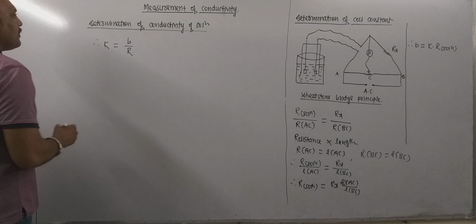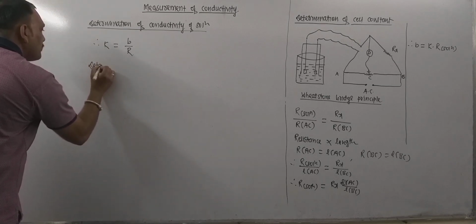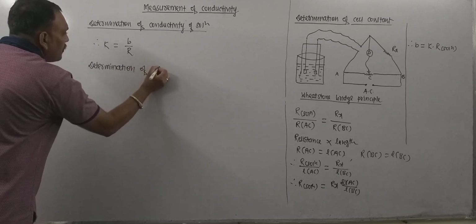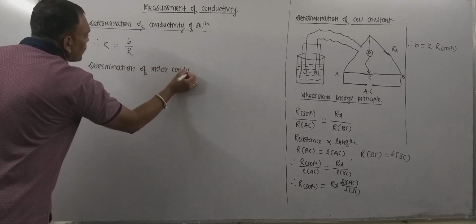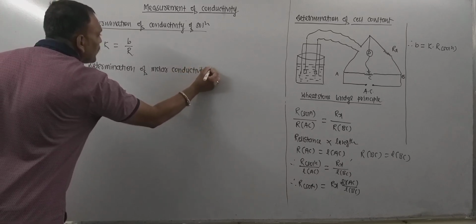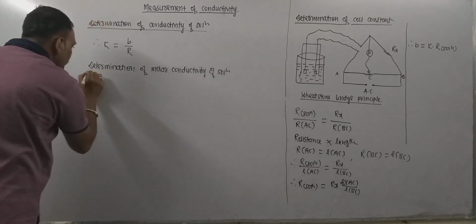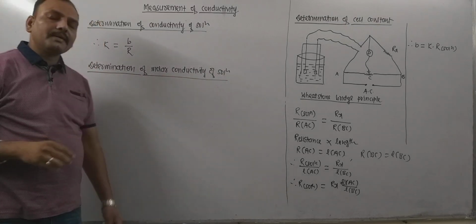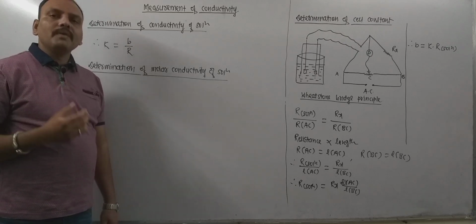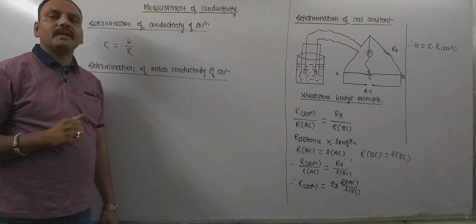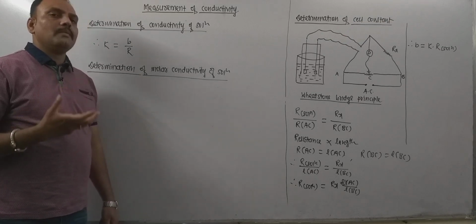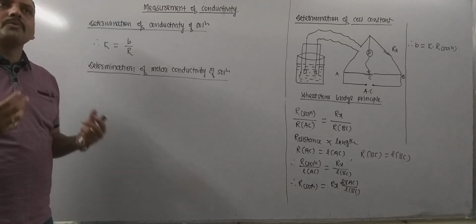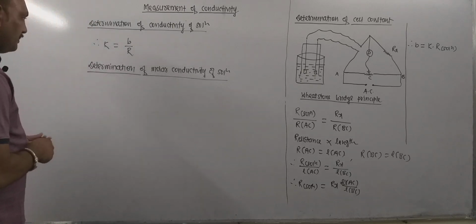Now how to determine molar conductivity? So another very important thing is the determination of molar conductivity of solution. Now molar conductivity, that is lambda, and conductivity are related, as we know very well, provided the concentration of the electrolyte solution is known. And remember, for practical purposes, if you are preparing any sort of solution, then you know very well the concentration of the resulting solution.